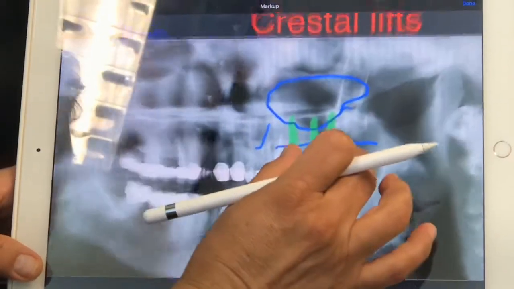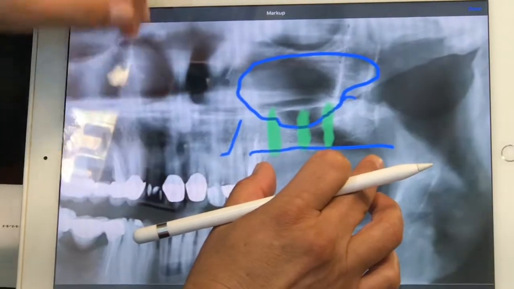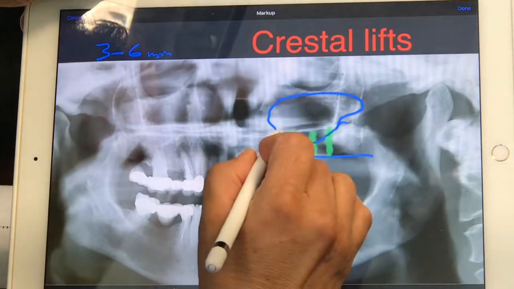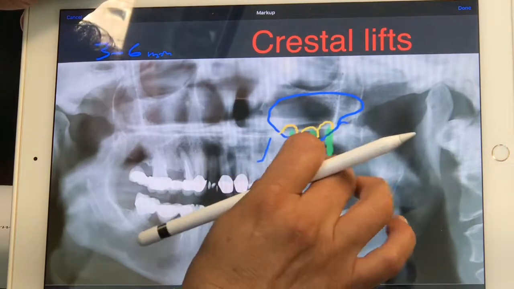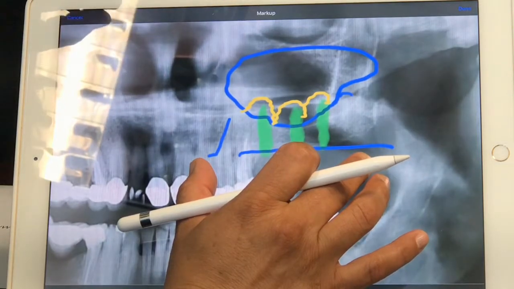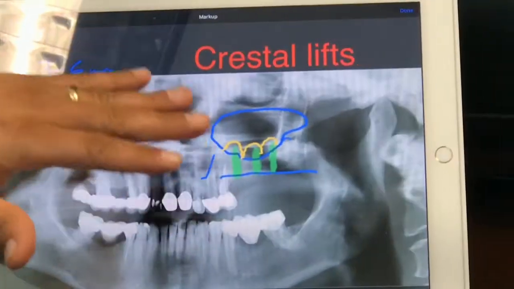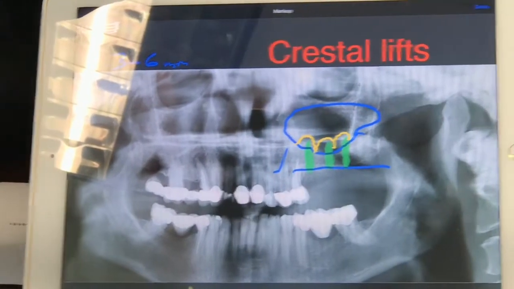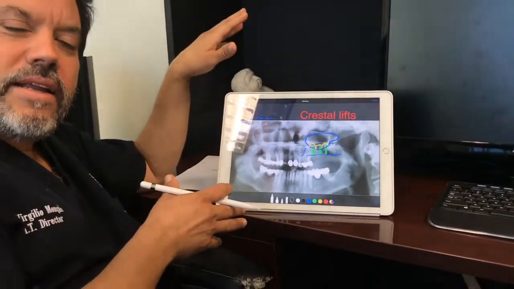Now, as you can see, if we can zoom in there, we're actually just going to add a little bit of bone around these areas. So what are we talking about? We're talking about doing this much. We're talking about creating a little dome here and here. Now, we don't require a lateral sinus lift. We require an intracrestal sinus lift. All general dentists that are properly trained to do this procedure should be able to do this for their patients. This is a beautiful, safe, predictable, and very nice technique, and it's going to be taught at Live Implant Training